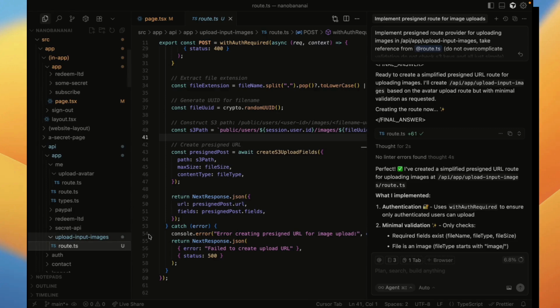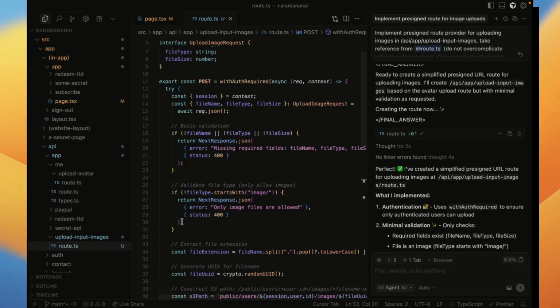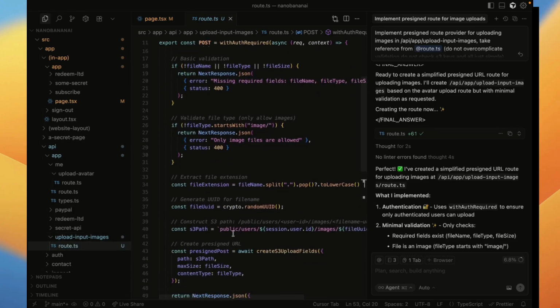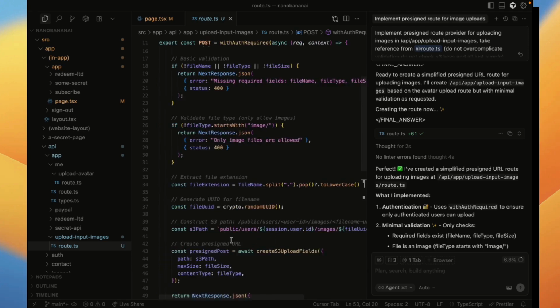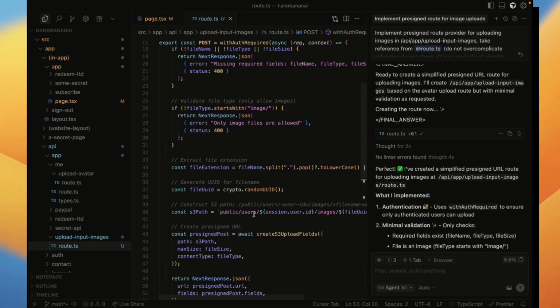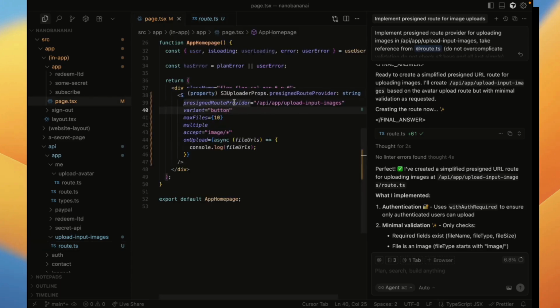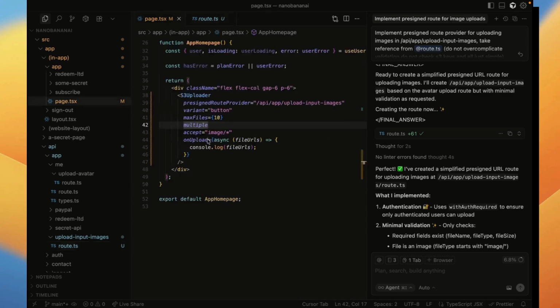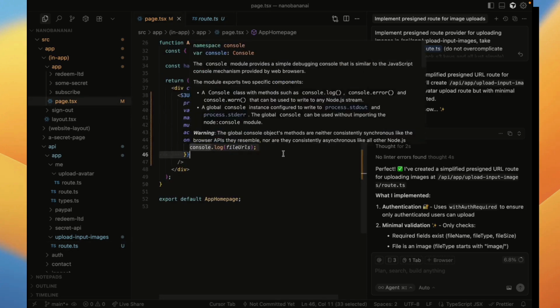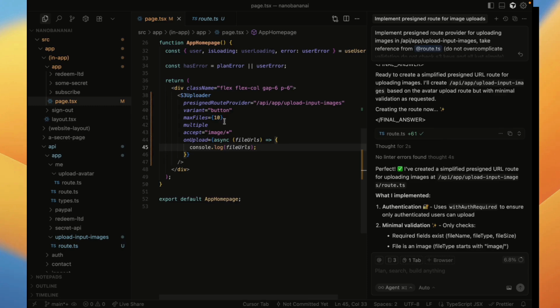Let's take a look at upload input images. Here we can see that after basic validation, the S3 path is public/user/user ID/images/file UUID. That way we are able to organize our files in the user's directory, and we are able to construct the path on the backend instead of the front end. That makes our Indicate implementation more secure. You can also check if the user has a valid plan or not before uploading the image so that your storage is not abused. After uploading the files, you can use the file URLs in your code or to call the